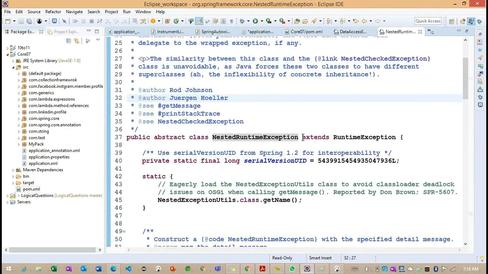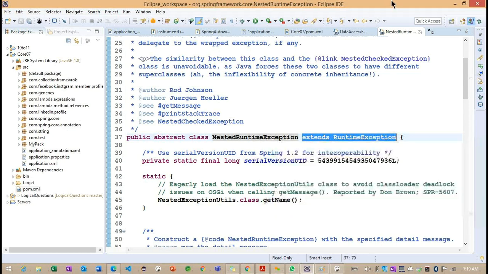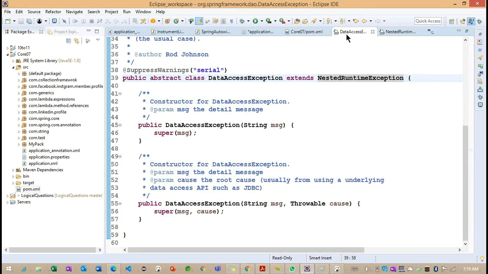nested exception. Now we can focus here. So finally, this exception class is extending a runtime exception. So we already identified that the runtime exception is our unchecked class. Getting the point. It is our unchecked class. Now what do you understand here? This particular data access exception is also an unchecked exception, which we are using in our Spring JDBC classes. Right?